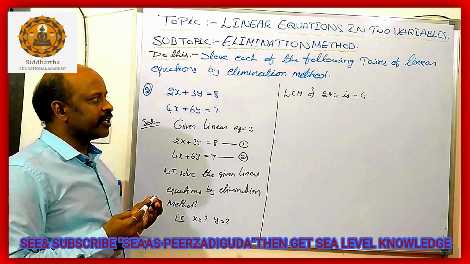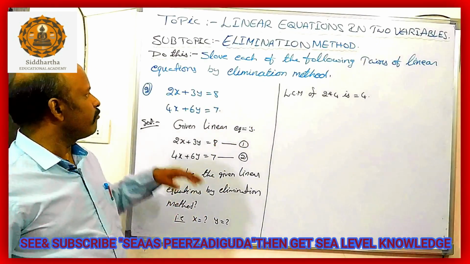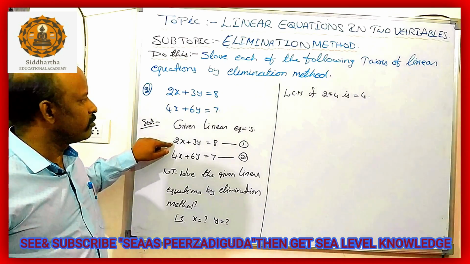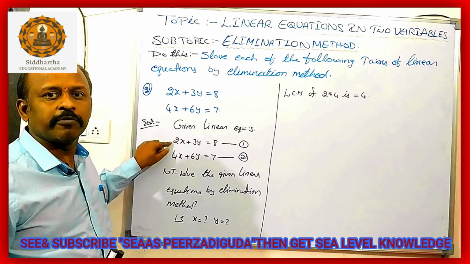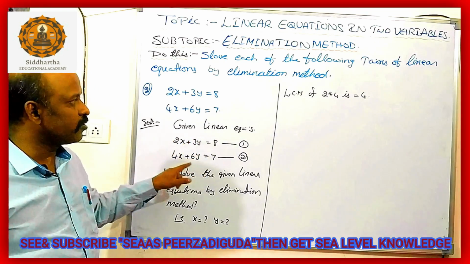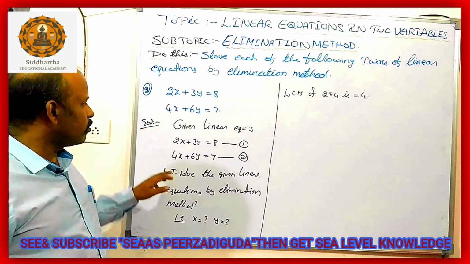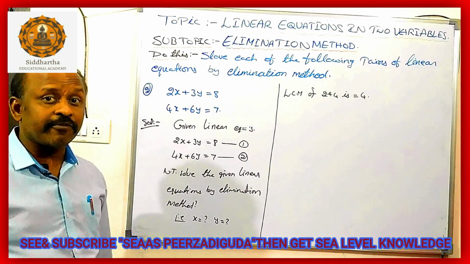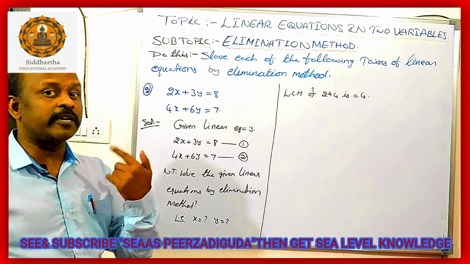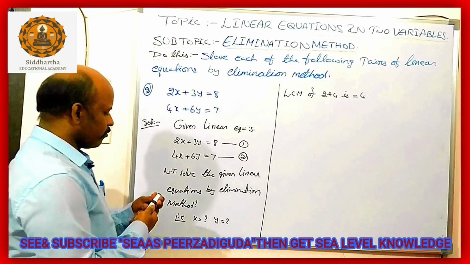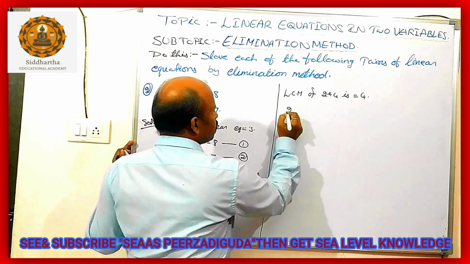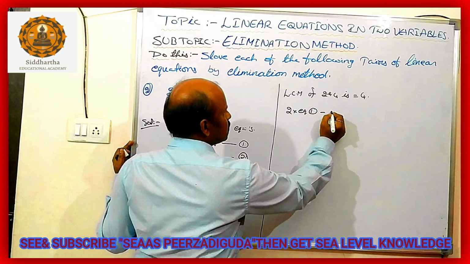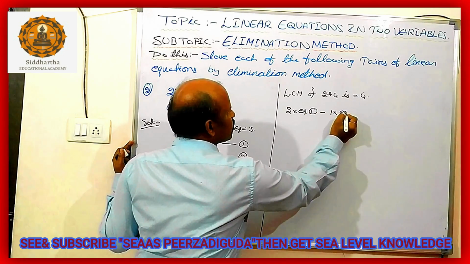So what we have to do over here? For getting 4, what we have to multiply to 2 over here? 2. 2 2s are 4. So 2 into equation number 1 we have to do. Here all are having plus symbols only, we have to do subtraction. So for 4, what we have to multiply? 1 we have to multiply. For getting 4, what we have to multiply to 4? We have to multiply 1. Now, what I am going to do over here, 2 into equation number 1 minus 1 into equation number 2.